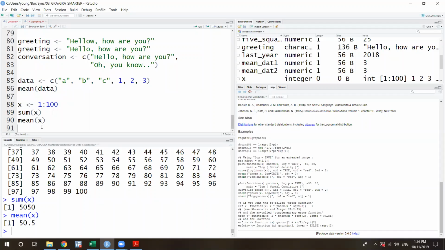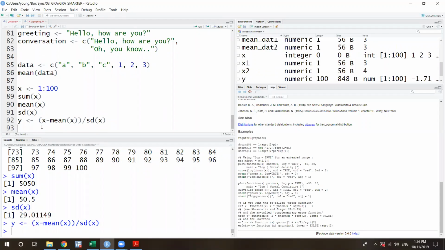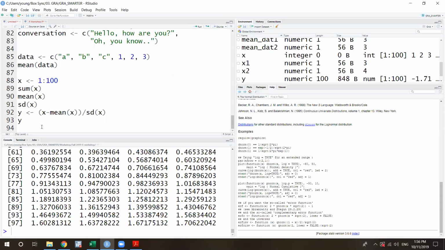And then standard deviation, as you see, sd(x) gives you the standard deviation. And for the last one, you can just assign the whole formula to y, with parentheses just in case: x minus mean of x, divided by standard deviation of x, and then you will get this. Yay.